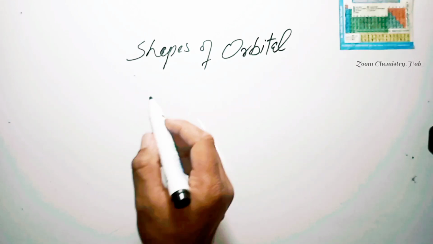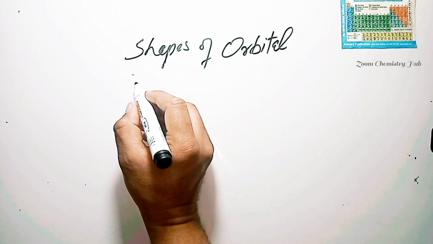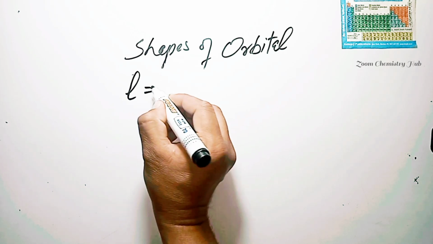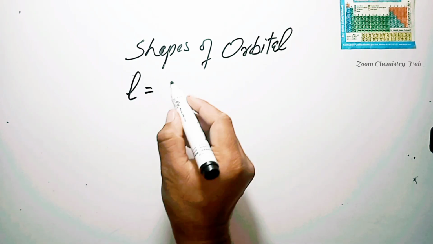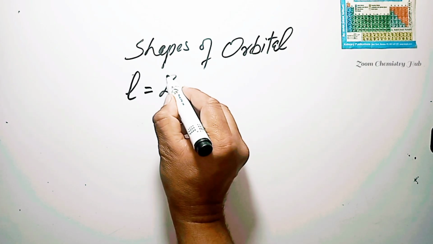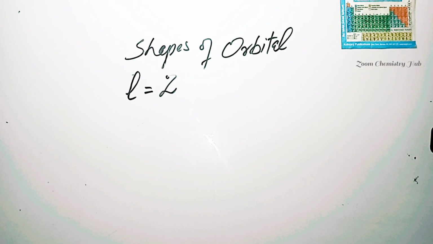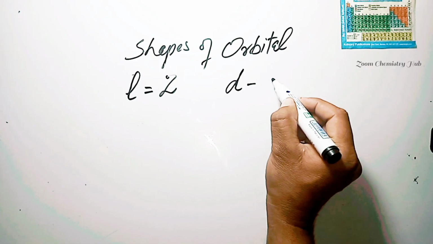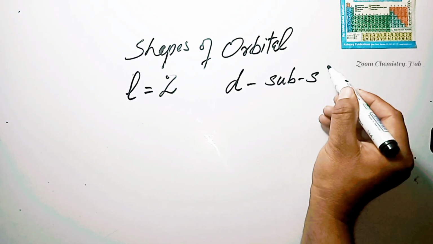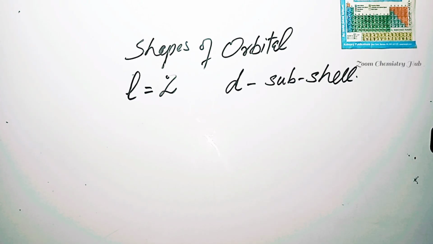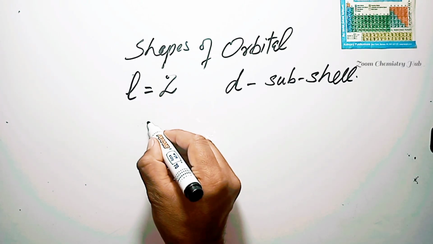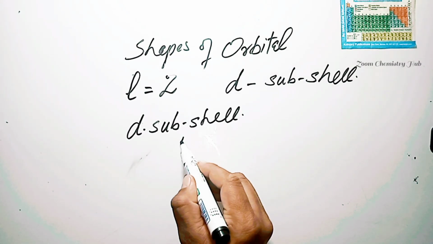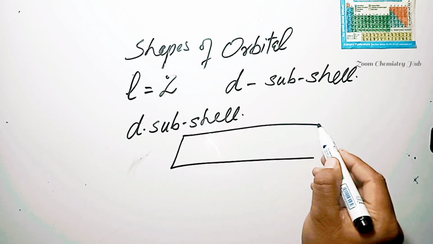Now we will discuss the shape of d orbitals, and we know that when the value of L is equal to 2, then the subshell is the d subshell. And we know that the d subshell has 5 degenerate orbitals,